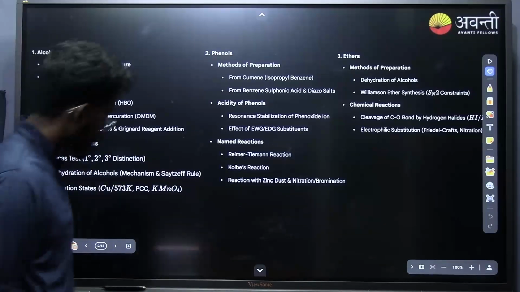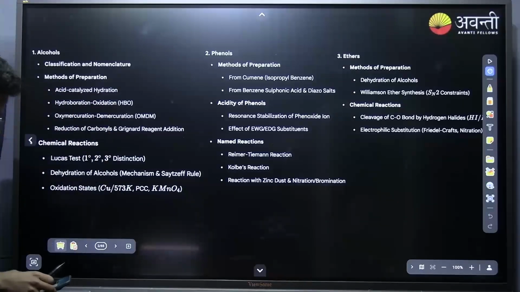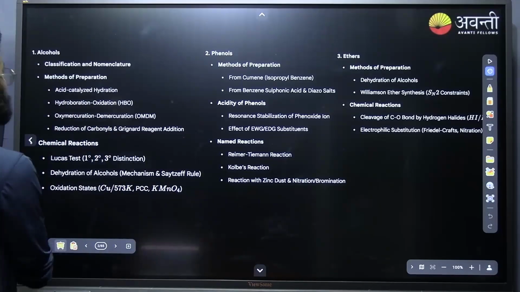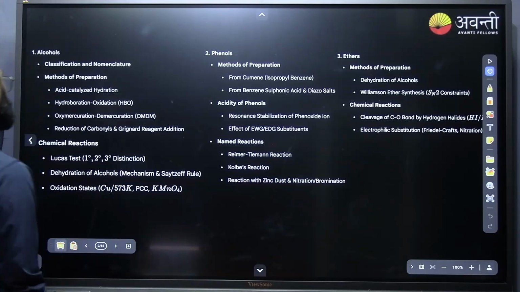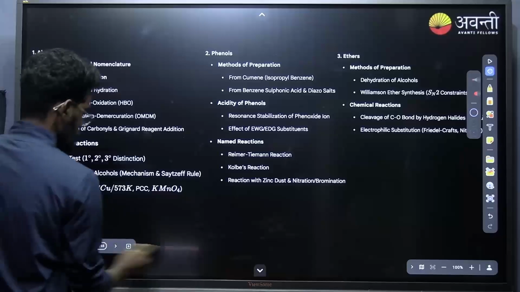These are the important points that we will be discussing in today's class. They are alcohols, then phenols, then ethers. These are the important points in this chapter. That is alcohol. We will be particularly discussing about the